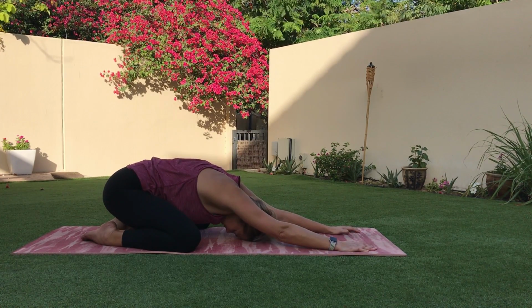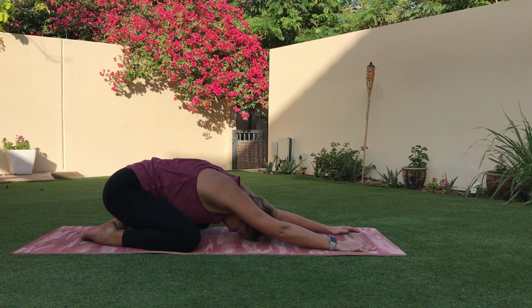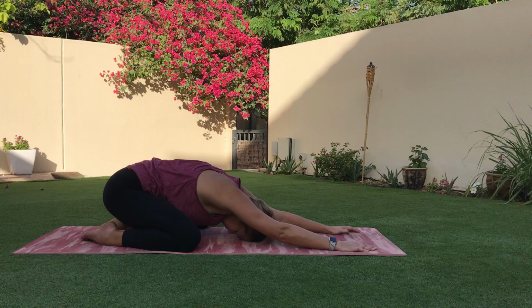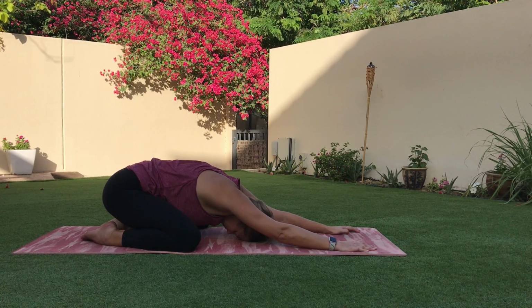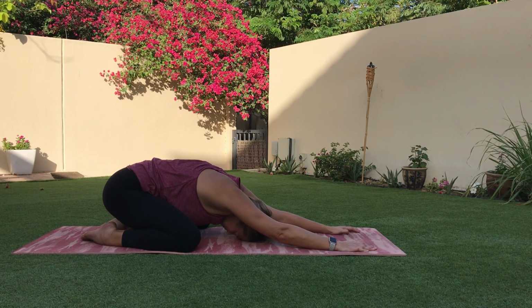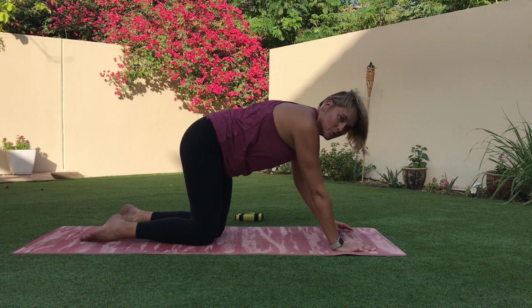just take a few nice deep breaths in and out, filling the backs of the ribs. Allowing yourself to sink into those hips. Just one more. And then pushing back into your 4-point kneeling